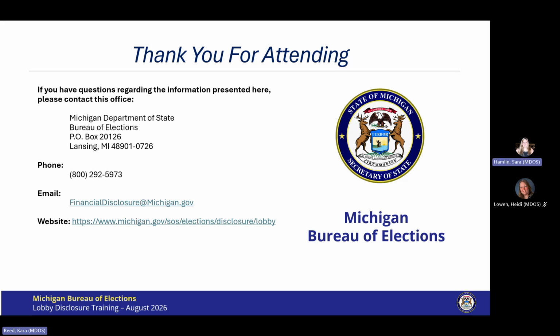Do we anticipate accepting electronic signatures versus physical signatures at some point? Heidi, did you want to speak to that? This is one of those things where we wish as badly as you do that we could simplify the signature process. I mean, if you can buy a house and sign all your mortgage documents on DocuSign, it seems like we ought to be able to do that. However, the statute is very clear.